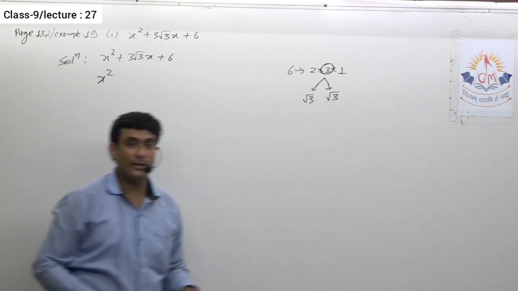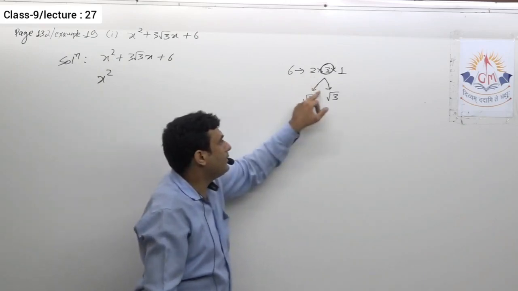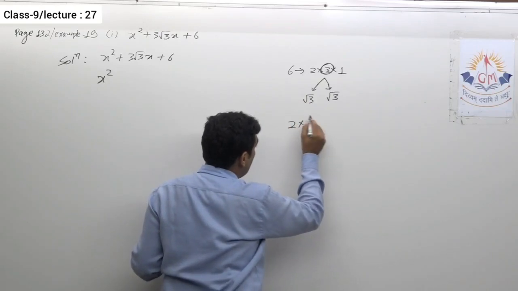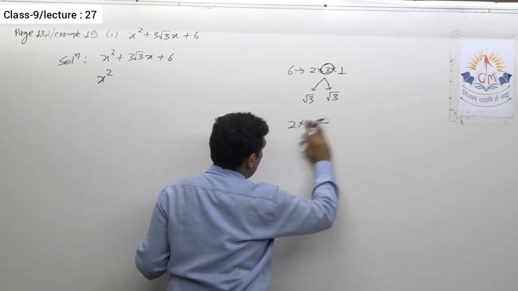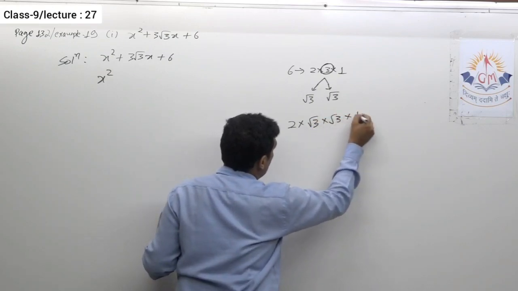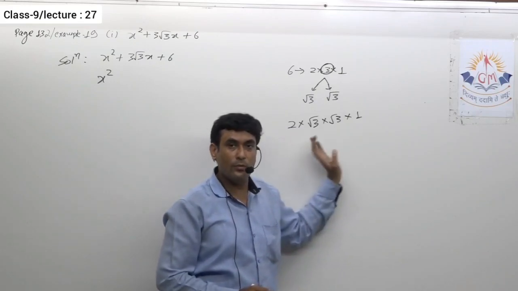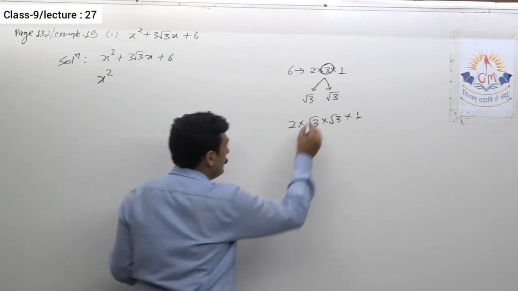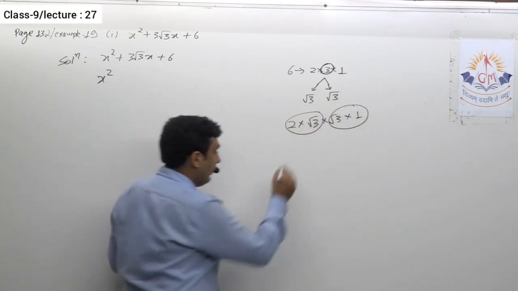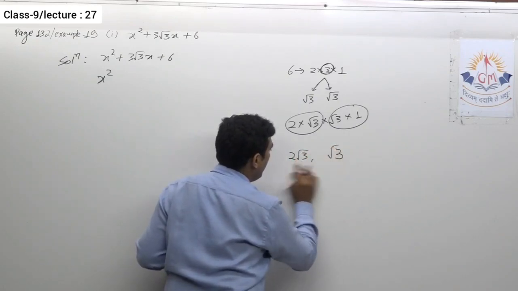Okay, definitely we can write root 3 multiplied by root 3 is 3, or 3 is equal to root 3 multiplied by root 3. Now we can say we have 4 factors in this way: root 2 into root 3 into root 3 into 1. Now definitely one root 3 will go with one group, another root 3 will go in another group. So there are just 2 groups we can see easily. So now we can say we have root 3 and 2 root 3, isn't it? We have 2 root 3 and root 3.